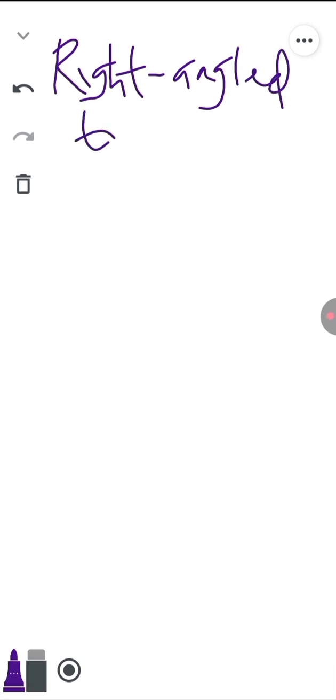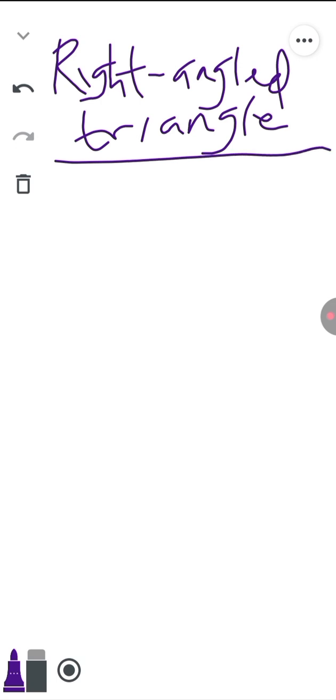What is a right angle? A right angle is an angle of 90 degrees. So if I draw a triangle like this,